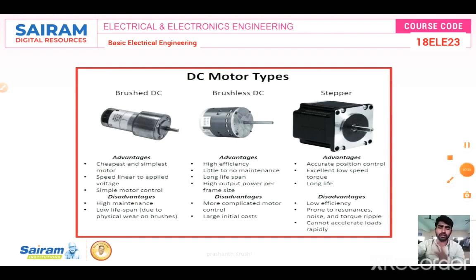And I left out one concept: why we need a starter for the DC motor. The starter is for limiting the starting current, limiting over voltage and under voltage, and limiting the torque. Because the resistance of the armature is very small, and back EMF is zero at the time of starting, that's why we need a starter. That you keep in your mind. The equation also: Eb is equal to P phi N Z by 60A, and Eb is equal to Vt minus Ia Ra.